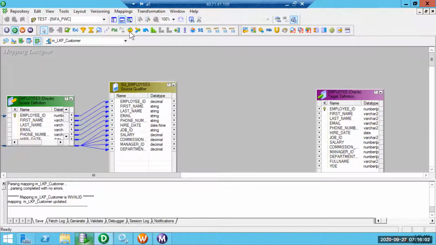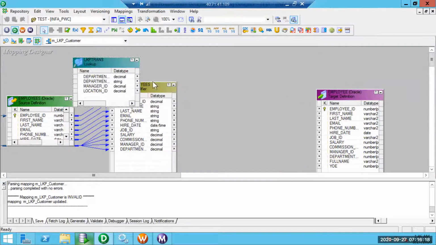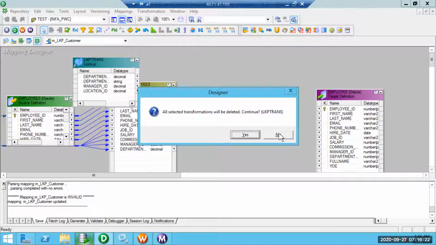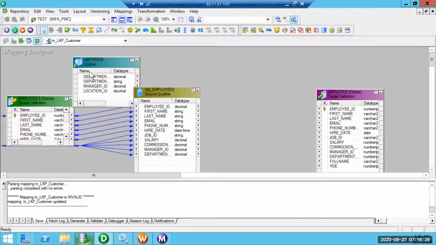So we will add the lookup transformation into the mapping designer. The definition is available in the source, source DEPT. Even if I return all values, it is not going to work, so it has to be an unconnected lookup. I'll show that once we are done with the unconnected transformation. I don't want to confuse.